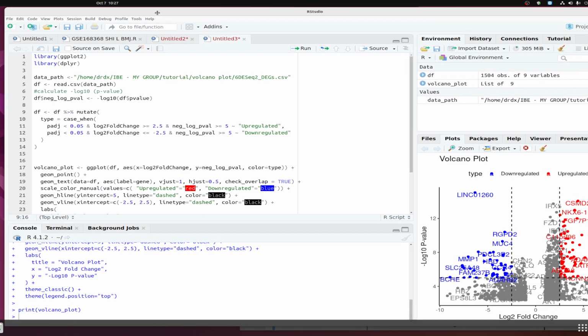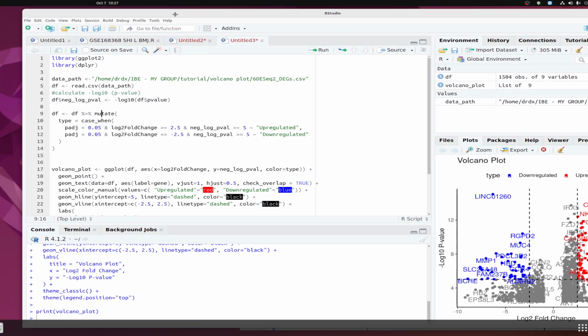Sorry, I'm probably going to do a little bit right side. Okay, you probably didn't see it well, but let me re-explain it. So first we have loaded the ggplot, and the ggplot is mostly for the plotting